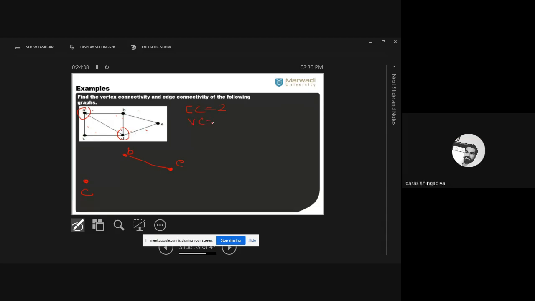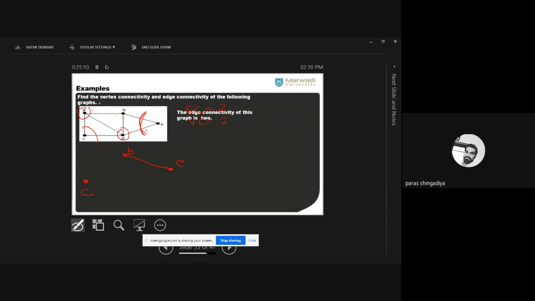Sir, yes sir, edge connectivity માં કઈ edge કાપવાની, કઈ કાઢવાની છે? The smallest edge cut set you have to consider here. You can consider this one. Okay, E. हाँ, इसमें दो एज निकालनी होगी टू मेक ई डिस्कनेक्ट विद रेस्ट ऑफ ऑल. बाकी सब में दो से ज्यादा है. तो यहाँ पे भी दो है, सी को डिस्कनेक्ट करने के लिए इसमें भी दो एज है, बाकी सब में दो अथवा दो से ज्यादा. Okay, sir, so it is clear for this question.